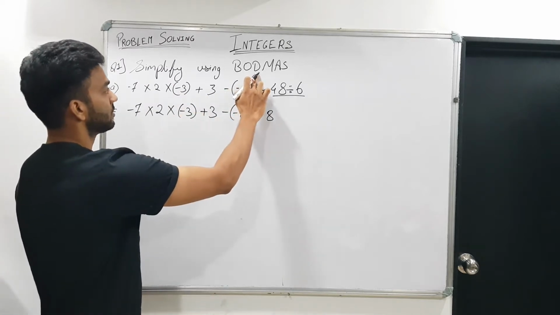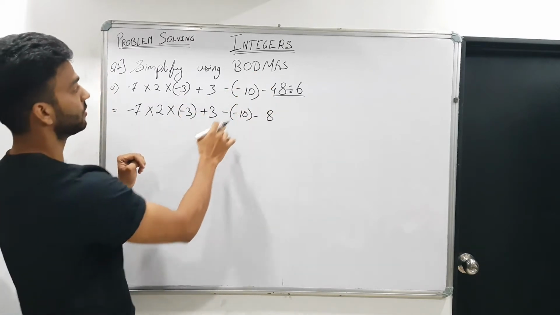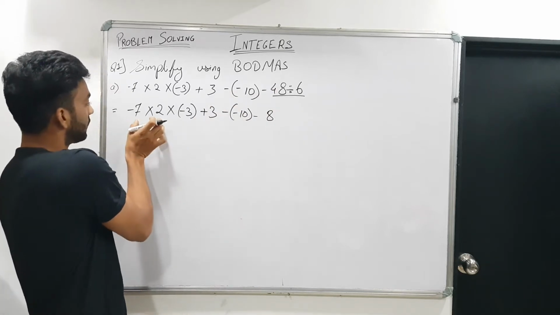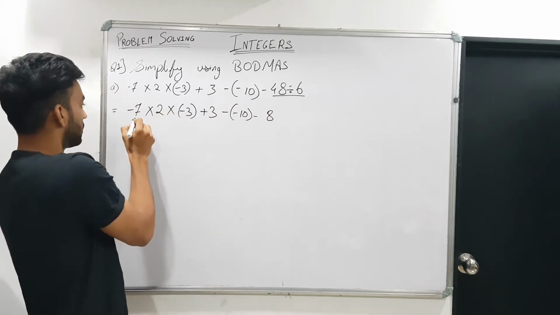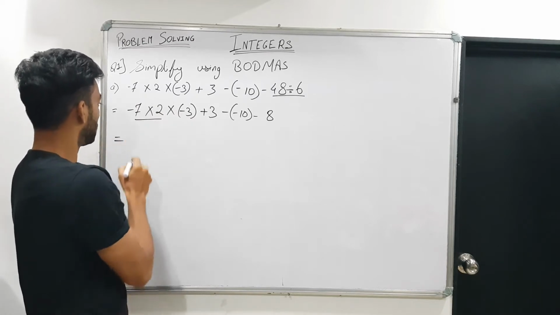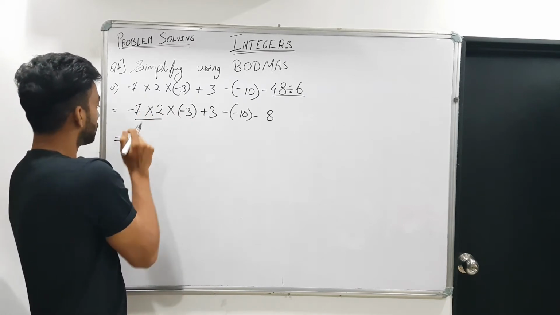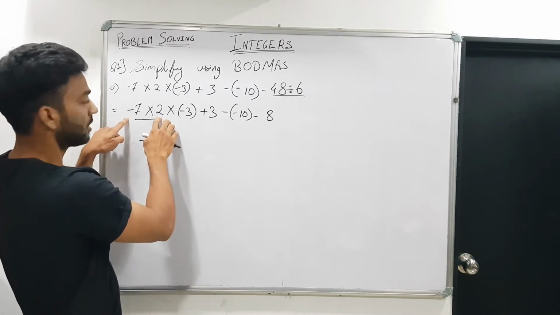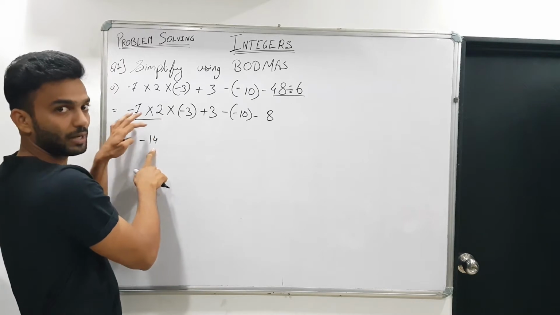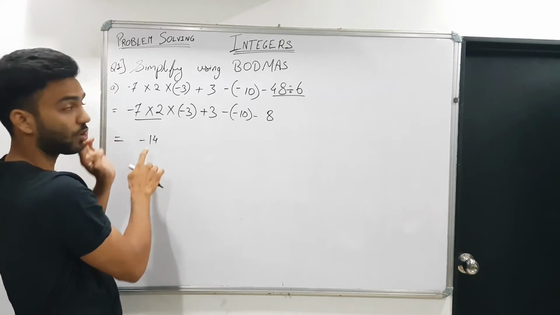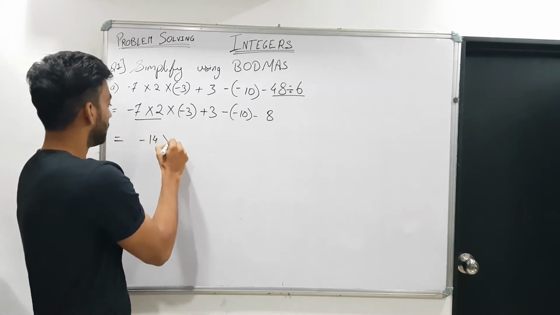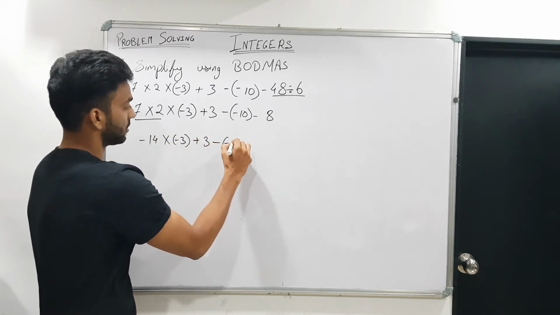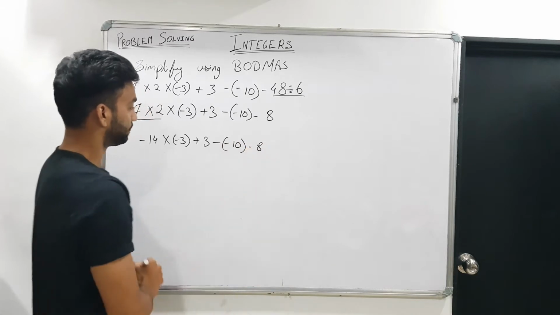Now after division is done, there is no other division here. We have multiplication. So we'll solve this multiplication. We can solve this first or this first. We have seen that property, associative property. So minus 7 into 2, that is minus 14. Plus minus है. So operation multiplication होने के बाद में result will be of minus as per the rule, into minus 3 plus 3 minus bracket में minus 10 minus 8.